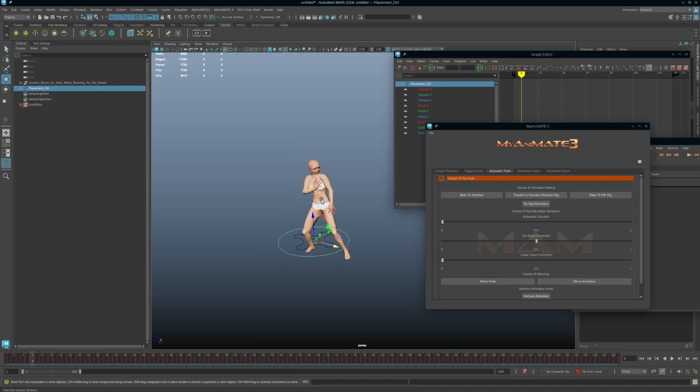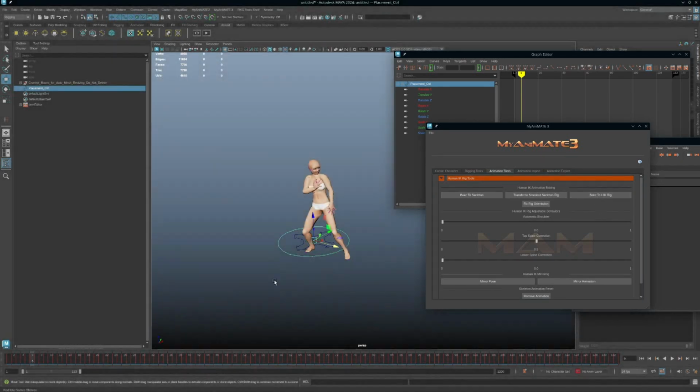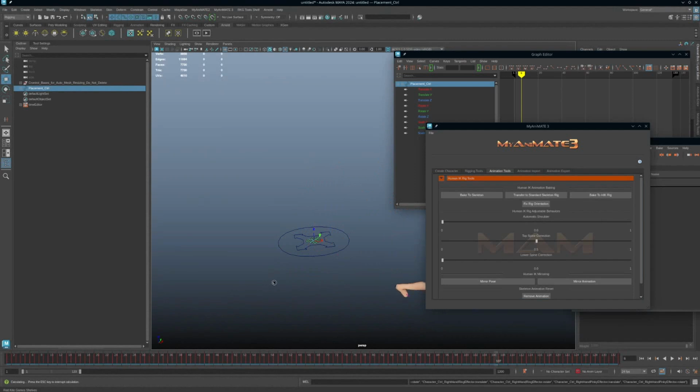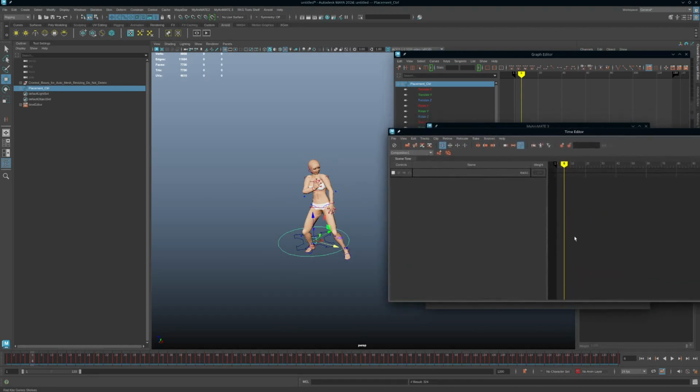So if you're happy with this and you want to commit to this animation, you bake to skeleton. Then if you want to keep working, you can bake to human HIK rig. That will attach this new animation that is attached to the skeleton also to the rig, which you can now keep modifying. And if you change your mind, delete